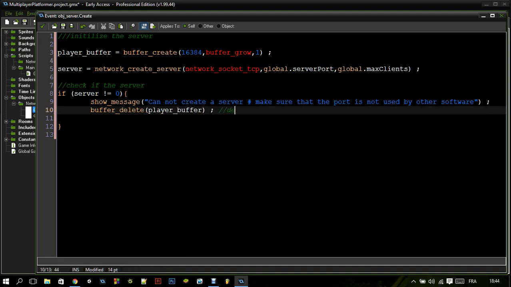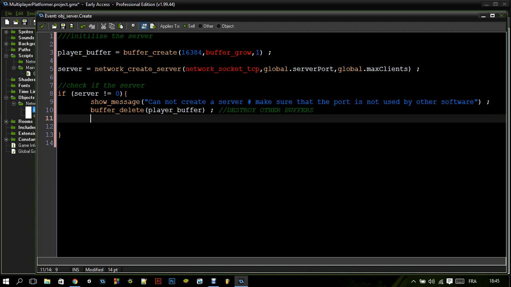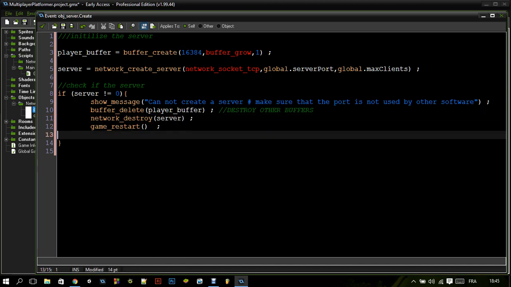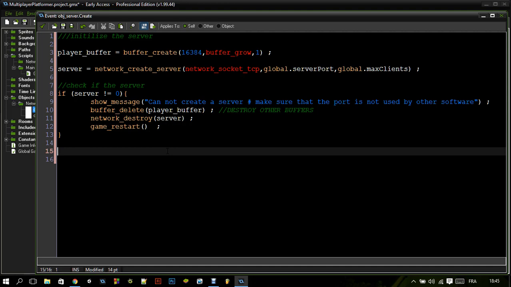We also need to destroy other buffers when we create them later, and restart the game. We also need to destroy the server. Now otherwise, we're going to have